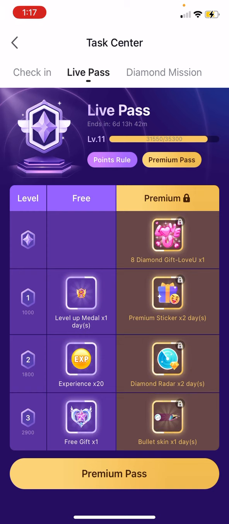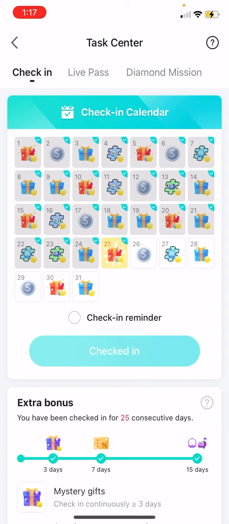So if you see the top bar says task center, go down below that, the far left hand side says check in. That's what you want to do every day. In the middle of my screen, there is a huge blue bubble that says checked in. That is what you want to click on every day. That gives you all those exclusives and different medals and coins and all of that stuff, which we forgot to